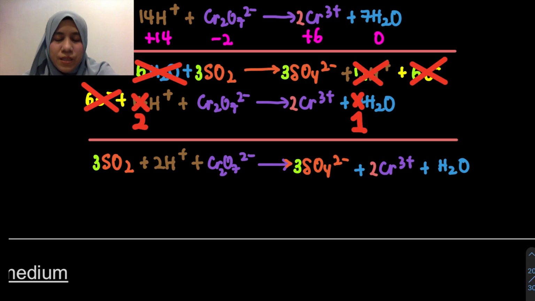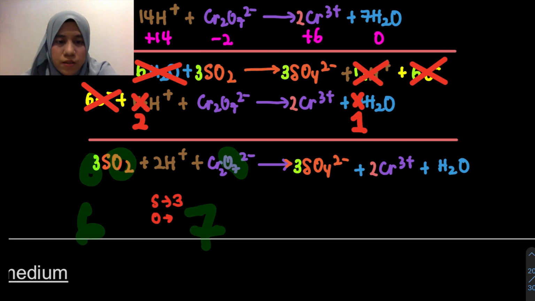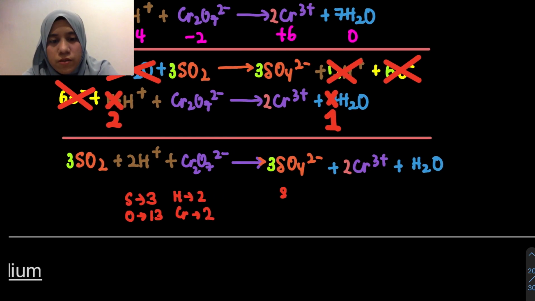Jomlah kita check sama-sama kan, the atom. Sulfur kat sini ada 3. Oksigen kita ada sini 6. Sini 7. 6 plus 7, 13. So, sini H kita ada 2. Chromium kita pun ada 2. Okay. Lepas tu, sekarang ni, sulfur kita 3. Oksigen kita